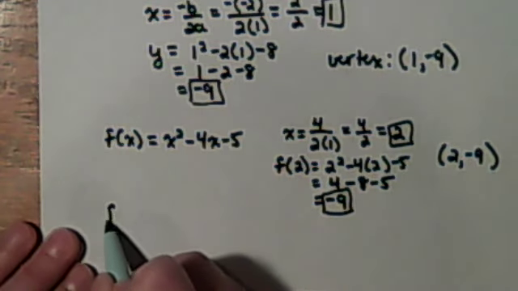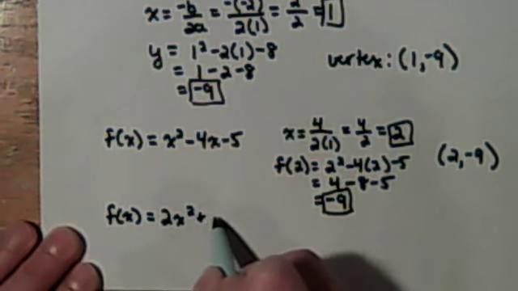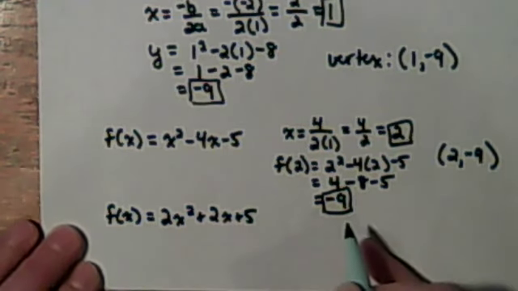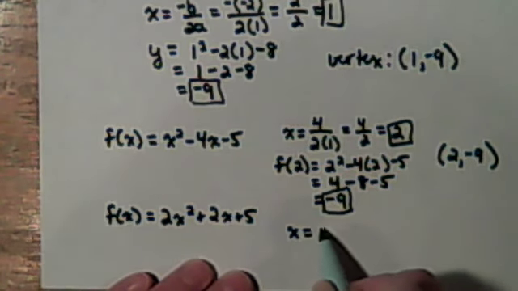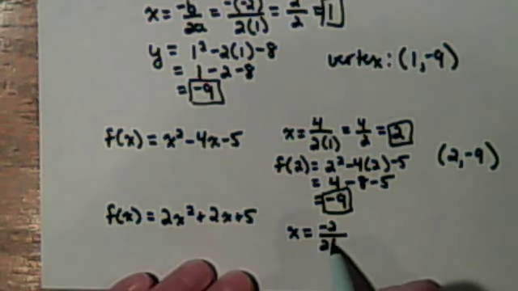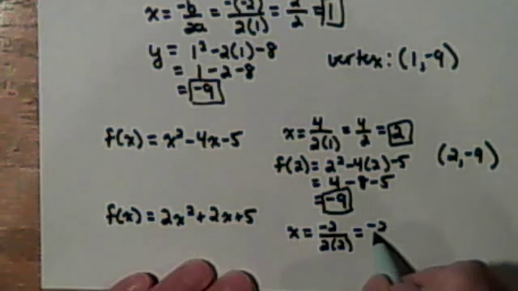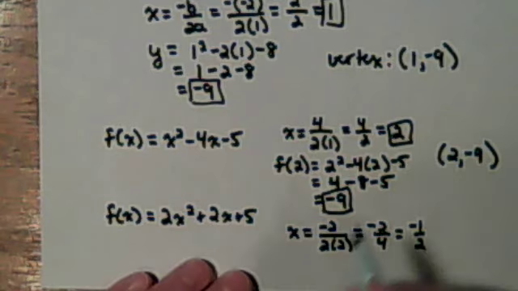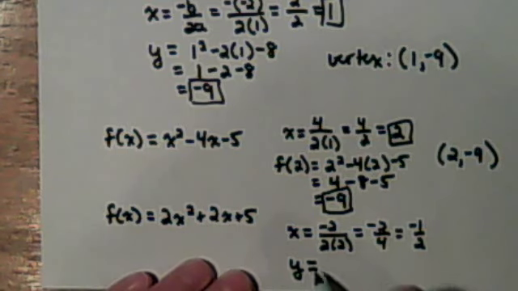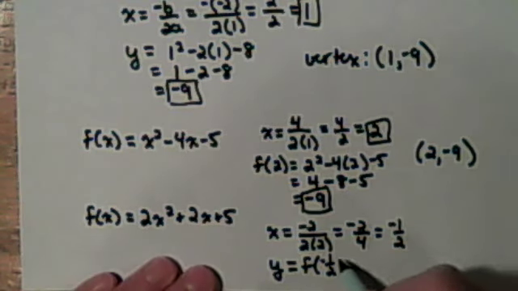The other one we looked at was f of x is equal to 2x squared plus 2x plus 5. Again, if I look at x as the opposite of b over 2a, that's going to be a negative 2 over 2 times 2. And so on this one, we end up with negative 2 over 4, or negative 1/2 for our x value. If we plug it in to find our y value, remember we're going to evaluate f of negative 1/2, and what we're going to end up getting is